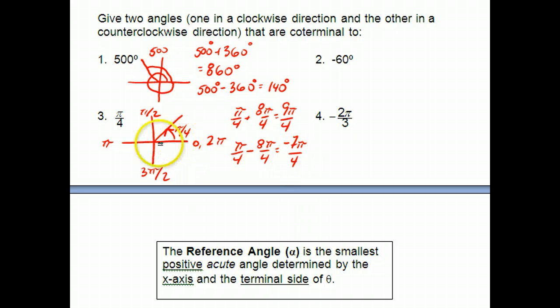So here we've got three angles using the same arms. Our original pi over 4, our other one that we started measuring in a positive direction, 9 pi over 4, and then the one that we measured in our negative direction, which is minus 7 pi over 4. So all three of those angles use the same arms. I'll leave that last one, minus 2 pi over 3. Try and find two coterminal angles to that. Okay, so let's move on here